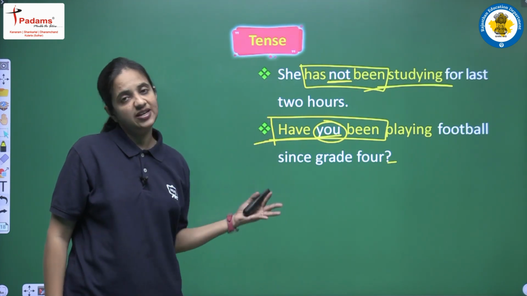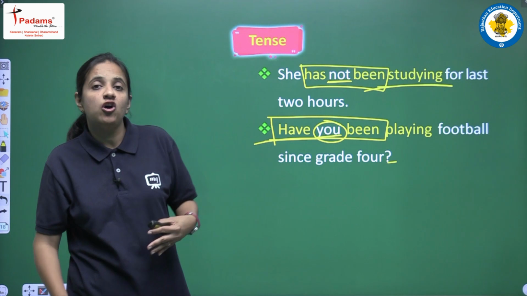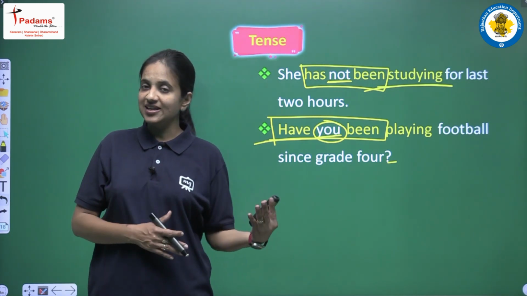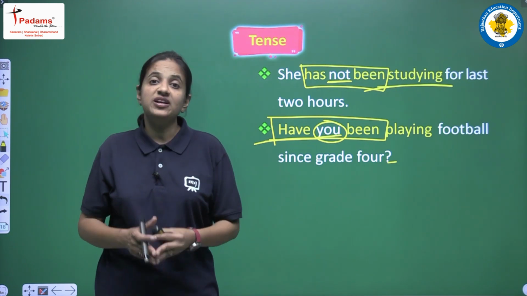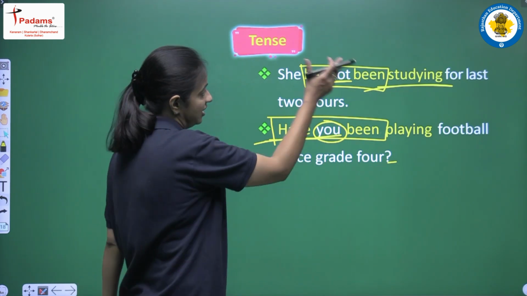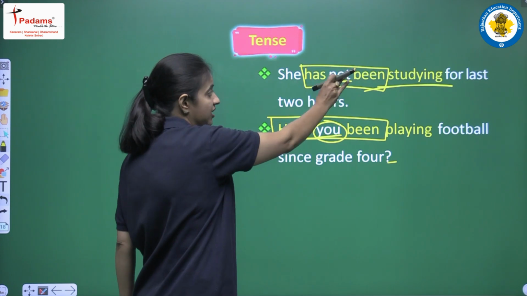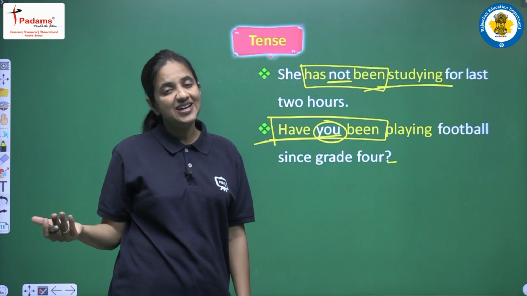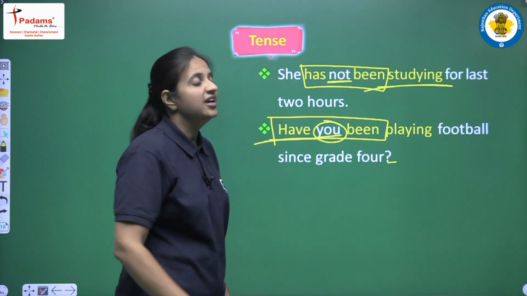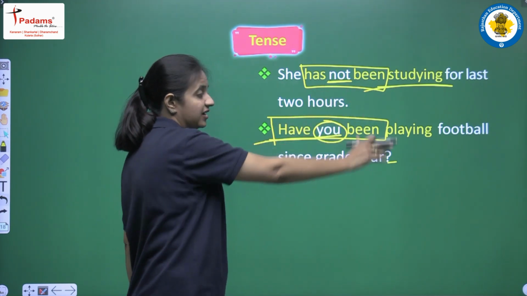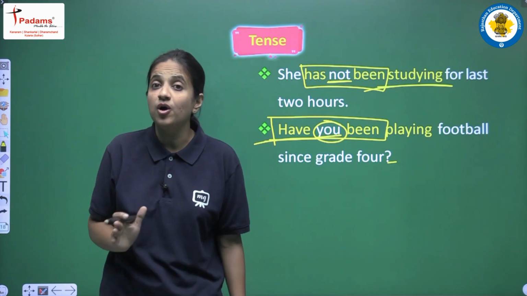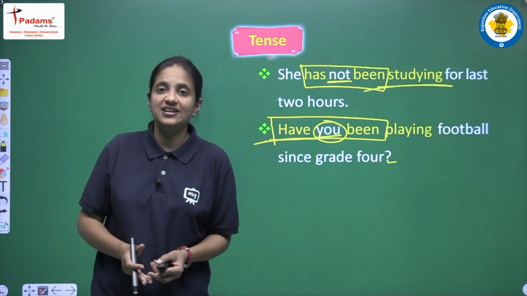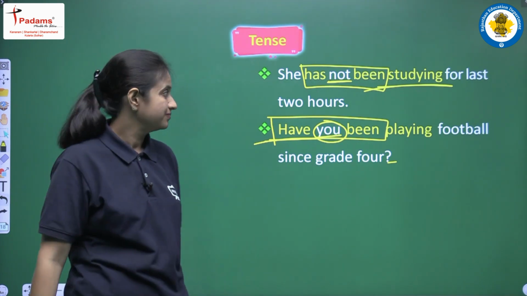So these two sentences are very important because you have to observe the structure of a negative sentence and the structure of the interrogative sentence. So if we are having a negative sentence, then not will be in between has and been, and if we are having the interrogative sentence, then our subject will be in between have and been. So this is something very important. Okay, so we have discussed the structure of negative and interrogative sentences also, right?